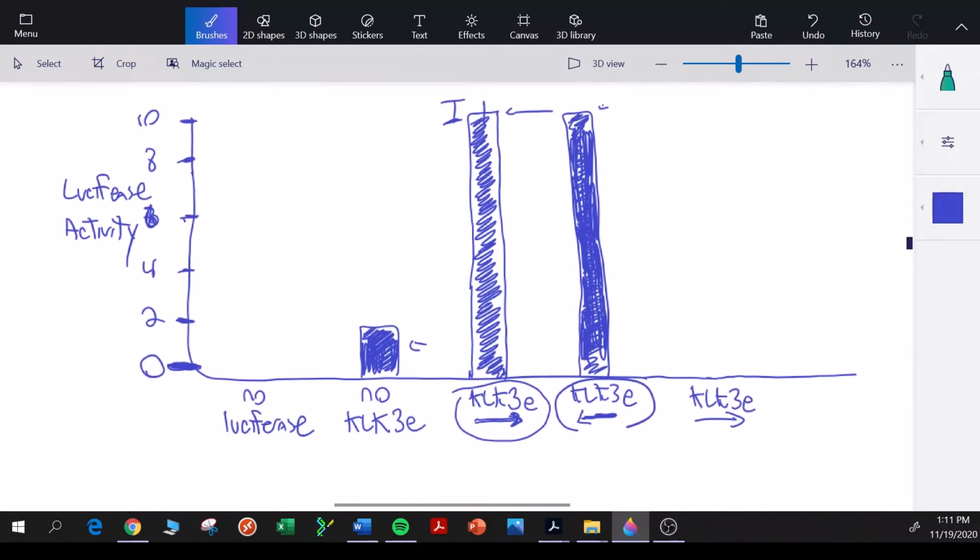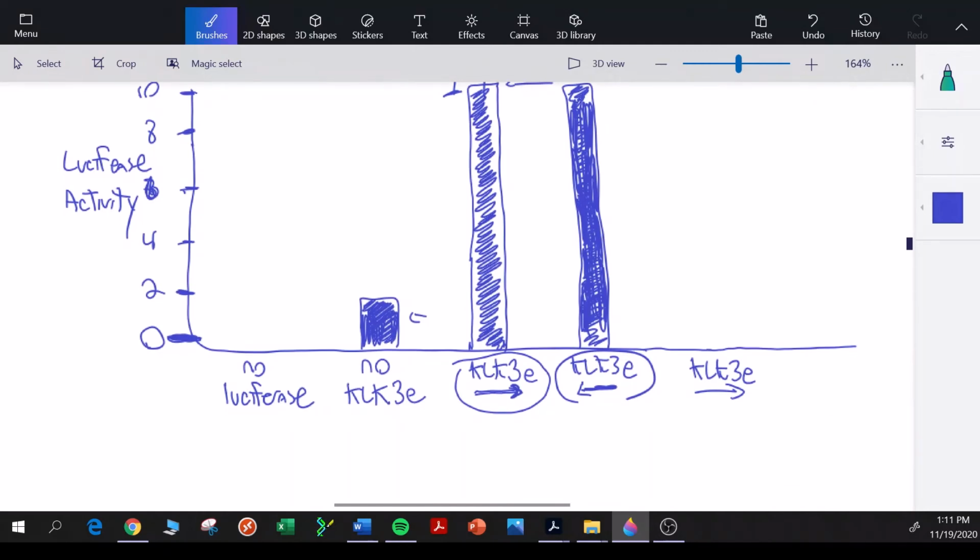But we're just going to look at the forward orientation. Now they added, with the plasmid that has KLK3E, the KLK3 enhancer in the forward orientation, they added KLK3E specific